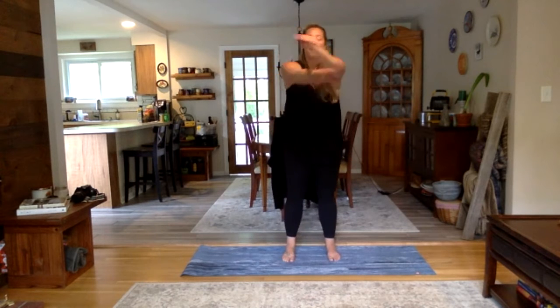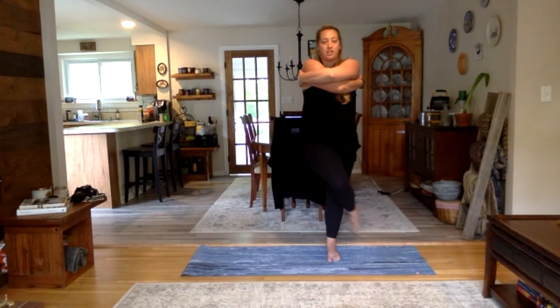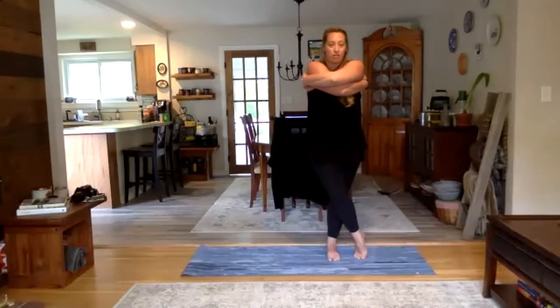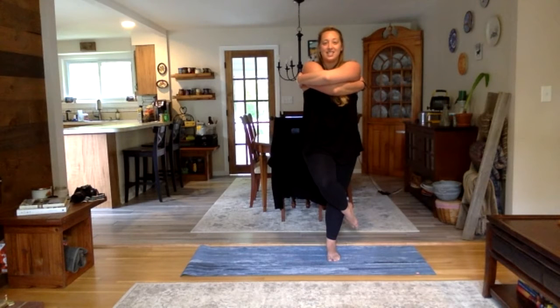Good. We're going to wrap our arms across our body like we're giving ourselves a really big hug. Take one foot and cross it in front of the other one so that we're balancing like an eagle. If this is tricky, you can put your toes on the ground. We're going to hold our eagle, balancing nice and strong for 10, 9, 8, 7, 6, 5, 4, 3, 2,